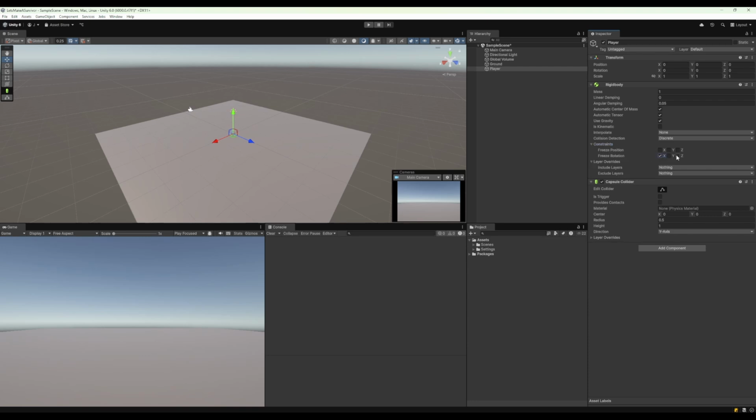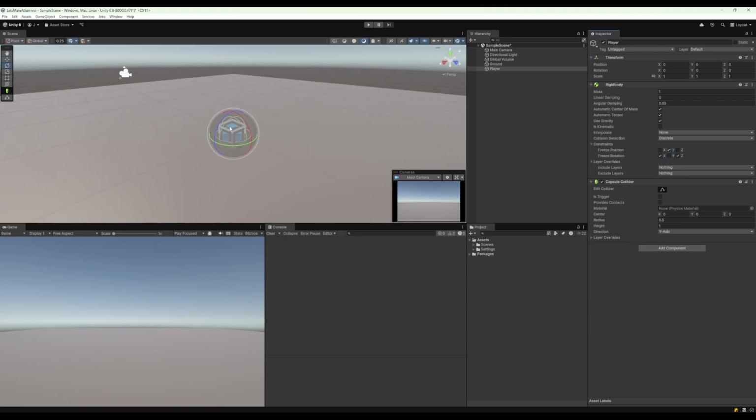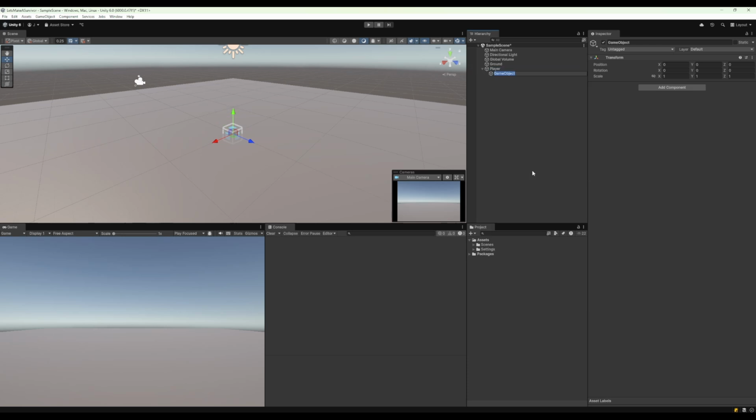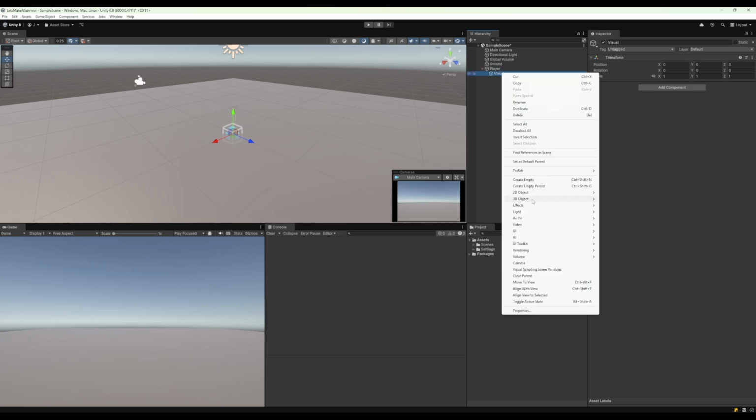setting the constraints to freeze on the X and the Z, and freeze position on the Y, as we don't want it rotating on the Z or the X there, and we don't want it moving on the Y. We do need to lift that capsule collider up a little bit though, so that it sits flush on the ground, and then we can add the visual elements by creating a folder essentially, which is an empty, and then